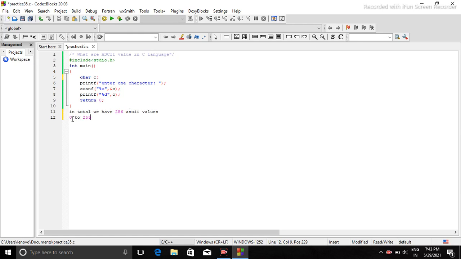That means from 0 to 255, a number is allocated to one character.